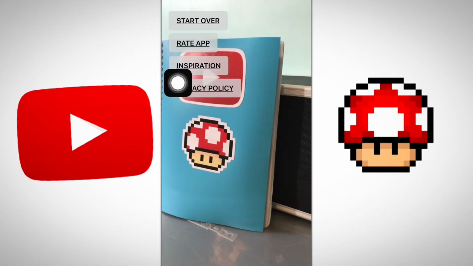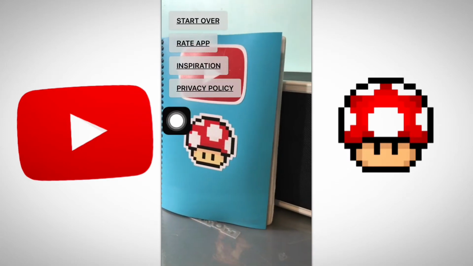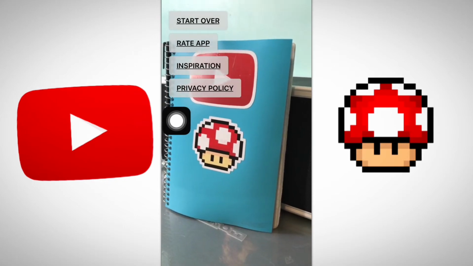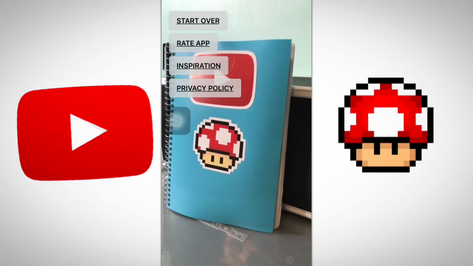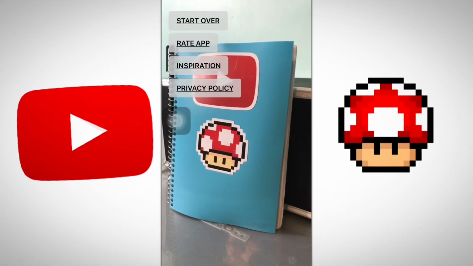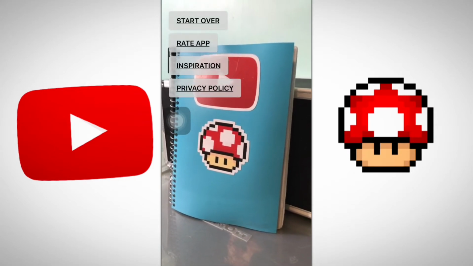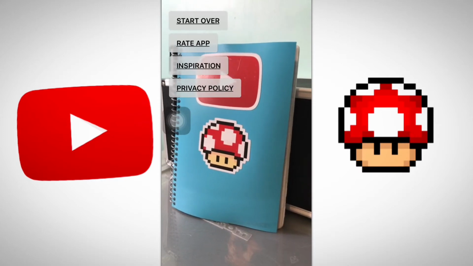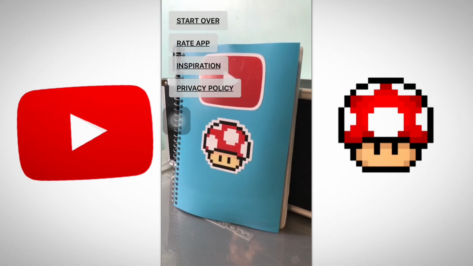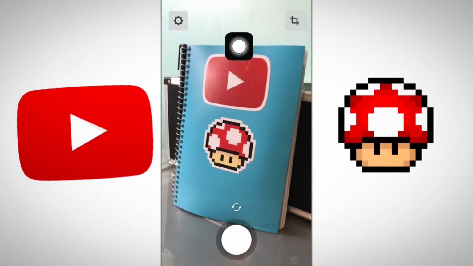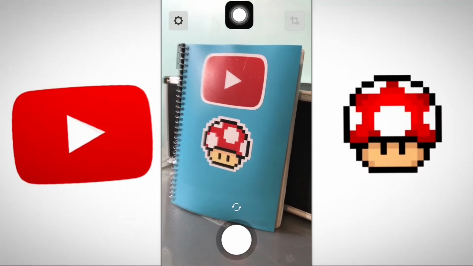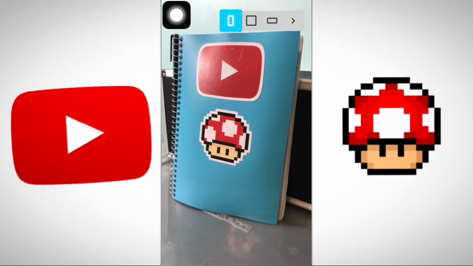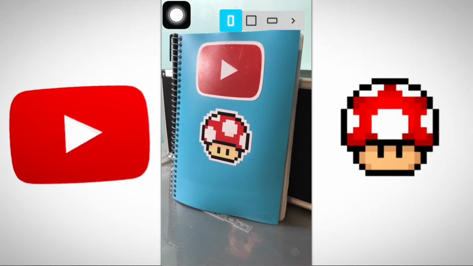Rate the app, inspiration, don't go there, because if you tap on that, it's gonna take you to the Instagram account of the app, and they have nothing to show, like zero. They don't even have stories, which is weird, but yeah, don't even bother. So let's move on. On the right side, you can pick the size that you want to record: